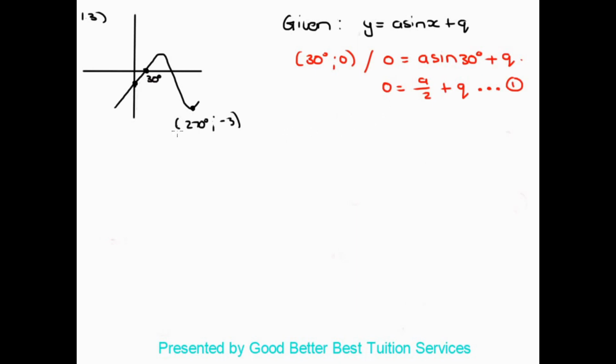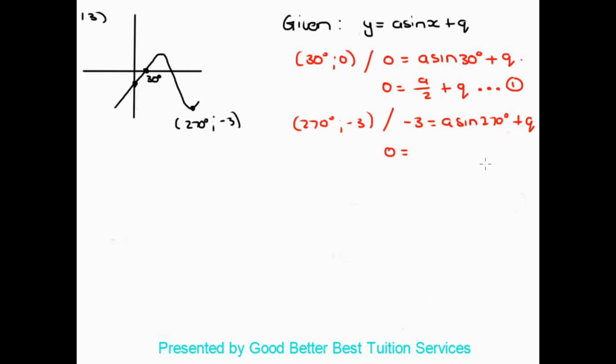Moving on from here, we're going to put this into an equation now. So we're going to use the points 270 degrees and minus 3. Cool? So obviously now y is going to be equal to minus 3, which is equal to a sine 270 degrees plus q. So what I want to do now is isolate 0 on this side of